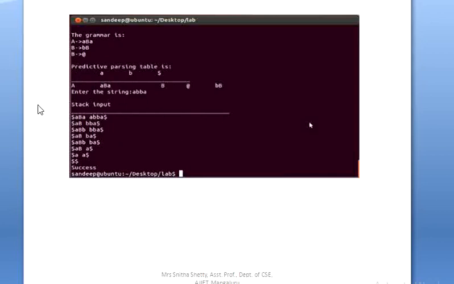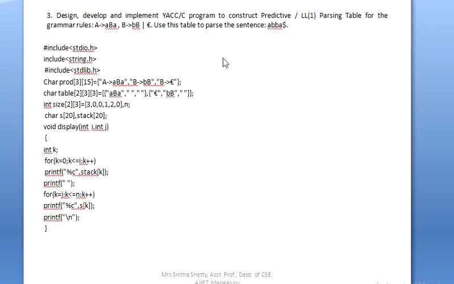Now let's trace the given program. I have already displayed the program here, so let me go line by line. Let me explain how to construct the predictive parsing table and how to parse the given sentence using the program. As I am explaining a C program, you always know the program always begins with the